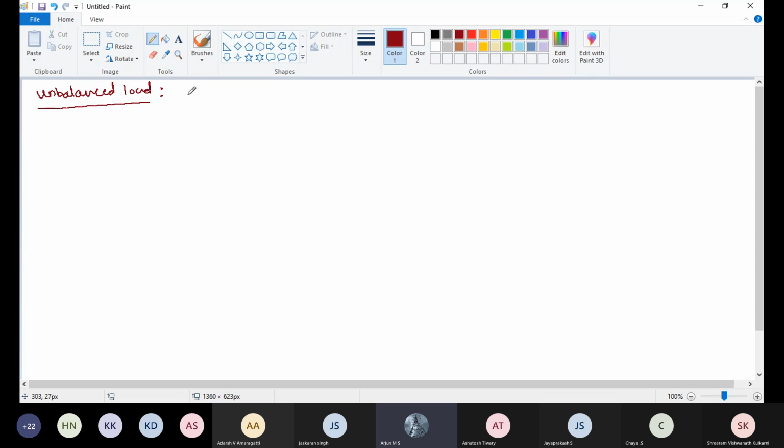They are loads which are not of the same nature, not displaced by the same angle, or not the same in magnitude. Unbalanced load, the definition for unbalanced load is that in which the impedances in a three phase